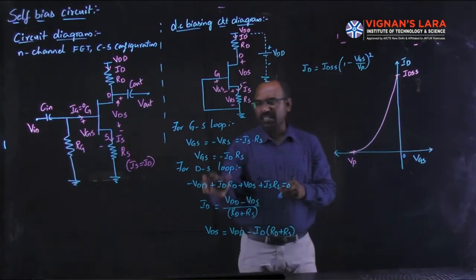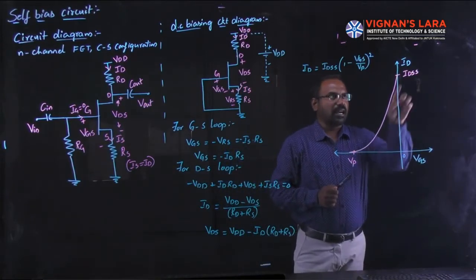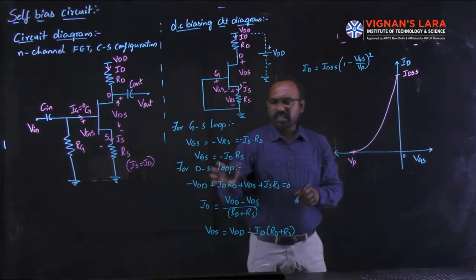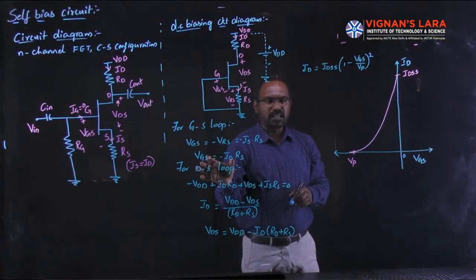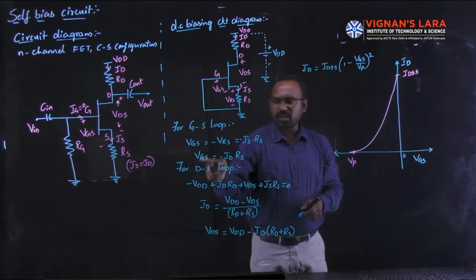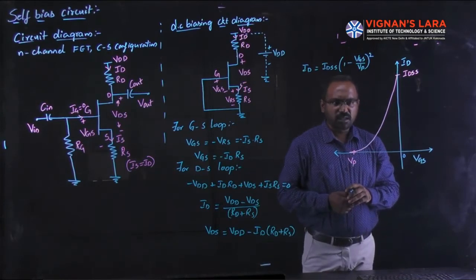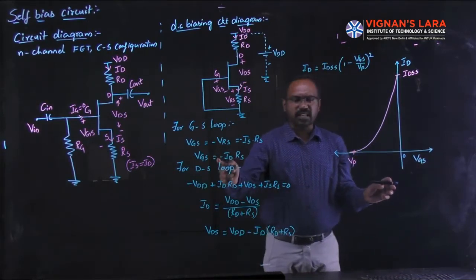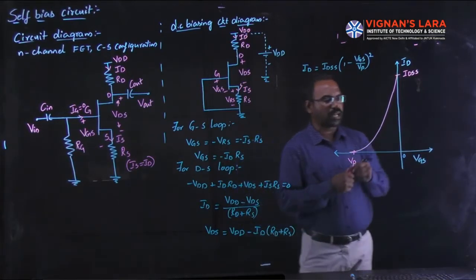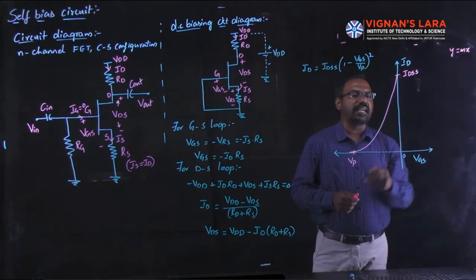But here, in this case, VGS is equal to minus ID into RS. ID is on the y-axis. Are you getting my point? So this equation resembles a straight line passing through the origin. Why? Because when ID is equal to 0, VGS is 0, so this is the point. Both are 0. When you increase the VGS, your ID value changes. So your equation is simply a straight line passing through the origin, looking like y is equal to mx. You already know it is a straight line passing through the origin.